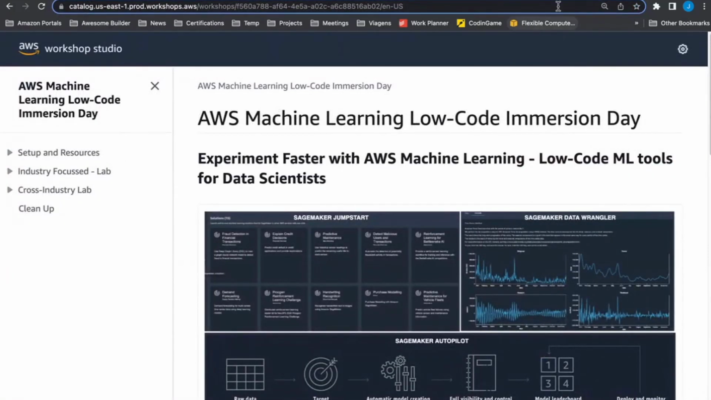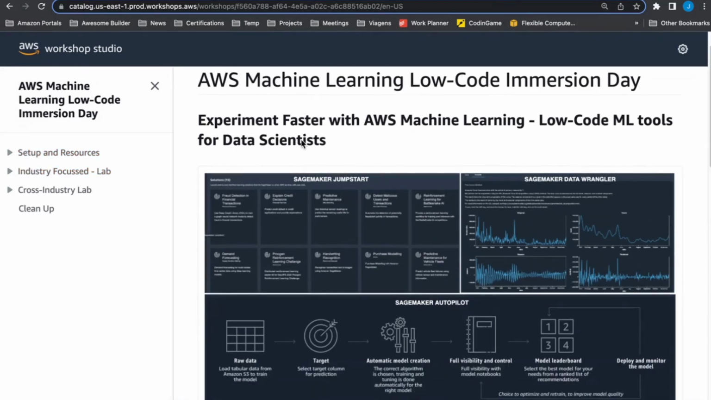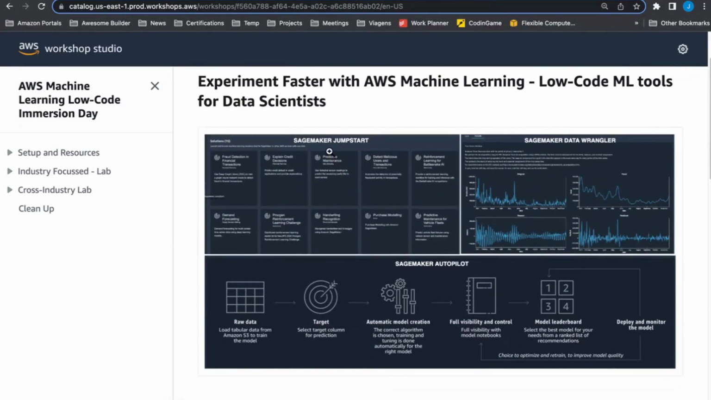And so we're going to be leveraging this immersion day. We call them immersion days. Immersion days are basically full day or half day workshops that we lead with customers to go deep into a topic. And so for your awareness, this immersion day covers not only JumpStart, but also SageMaker Data Wrangler, which is